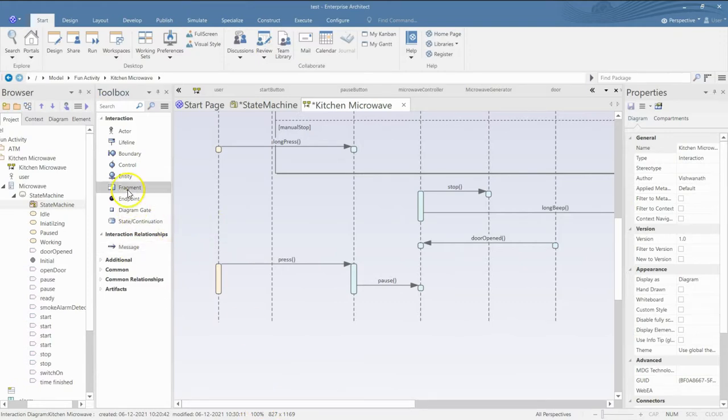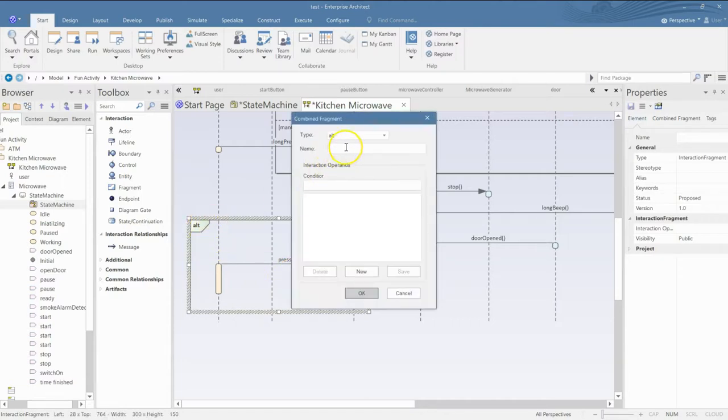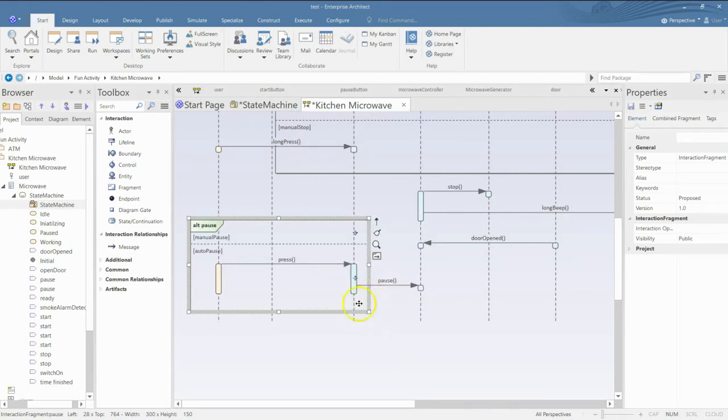Okay, so again, I need to show that both may not happen simultaneously. So again, I will put a fragment and I will say that this is pause, just a title for this fragment. And one of the conditions is manual pause and the other is auto pause, right?